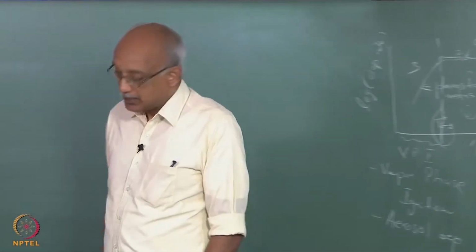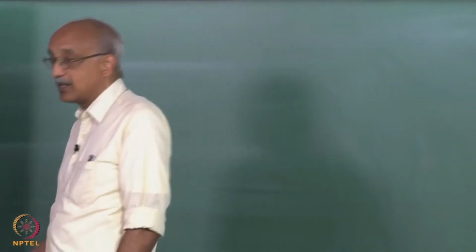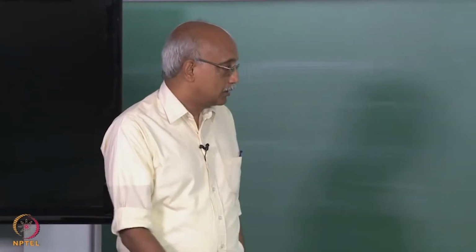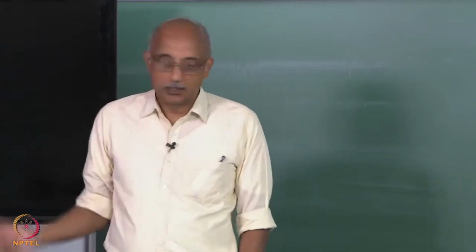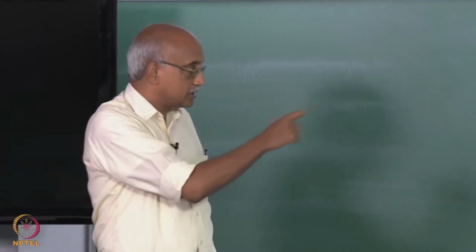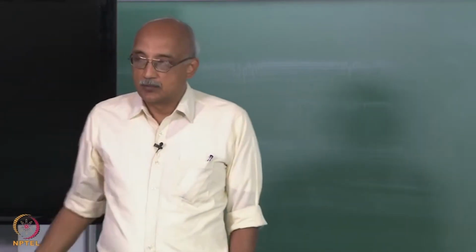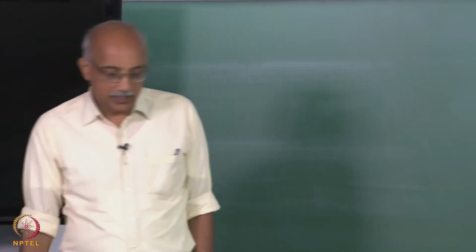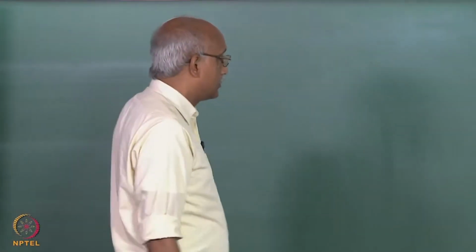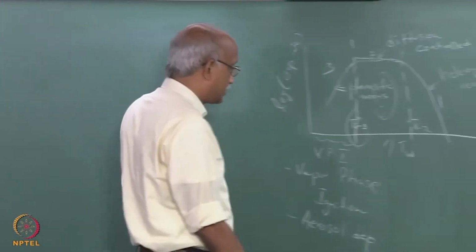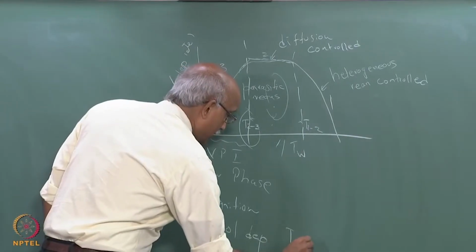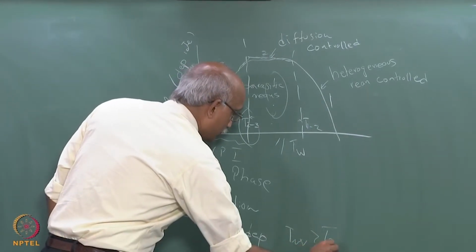So, if you could actually find a way to calculate it, you could use it as a design parameter in your system. You could basically say that you want your substrate temperature to be held somewhere between T1 to 2 and T2 to 3, preferably as close to T2 to 3 as possible. So, that is the ultimate challenge. Now, if you want to operate it as a CVD reactor, then obviously your TW must be kept larger than T23,